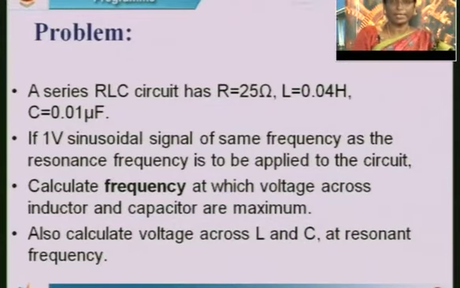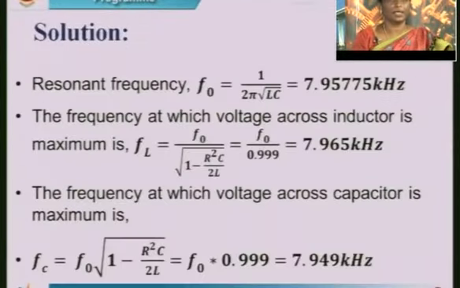So to simplify this problem, we require the resonance frequency, because to find FL or FC we require F0. We know the equation for a series resonance circuit. The resonant frequency is given as F0 equal to 1 by 2 pi root LC. On substitution of L and C, where L equals 0.04 Henry and C equals 0.01 microfarad, you will get the frequency of the resonance as